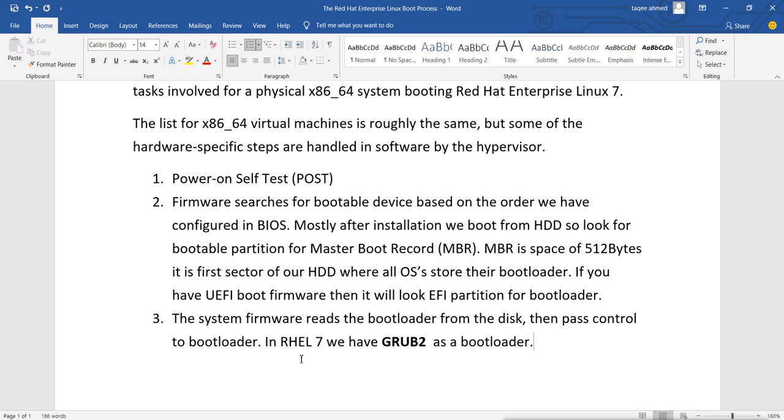And then the bootloader has other files. It has multiple files, and we can see those files here in Linux. Not like Windows, where we can't see the bootloader. In Linux we can see the bootloader, which is grub2. Where you can see this, I'll show you in the system.